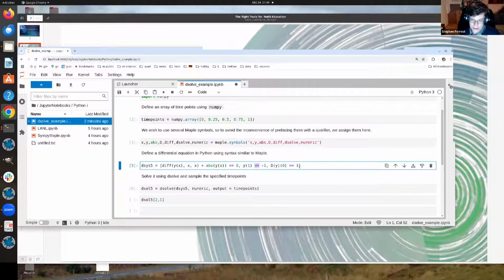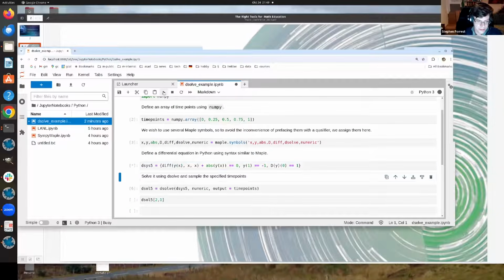You'll notice the equations are double equals, because that's how you write equations in Python. But you'll notice quite a lot of the other bits of it are similar. In particular, you can use curly braces to denote a list and that sort of thing. So we build this structure, and then we solve it using dsolve,